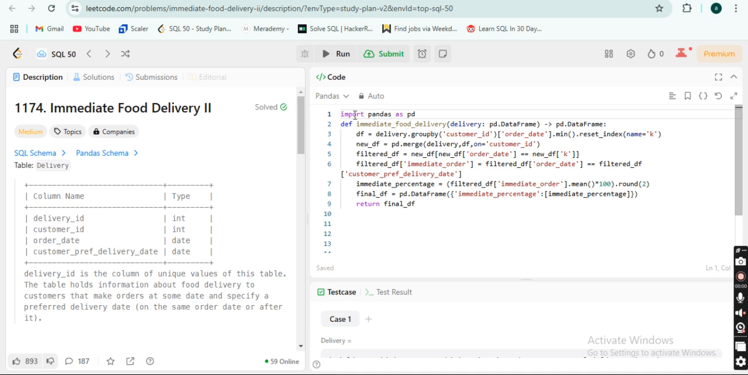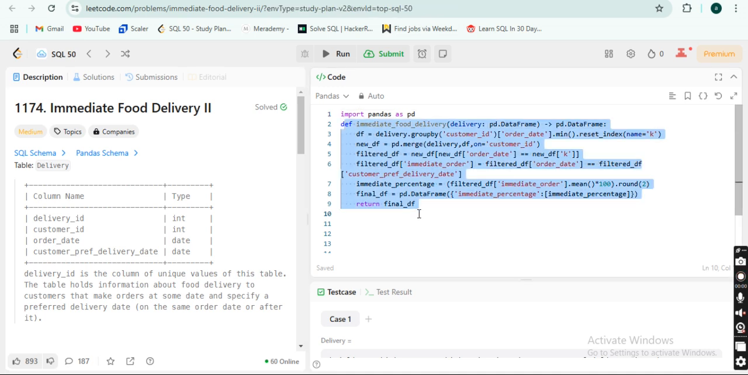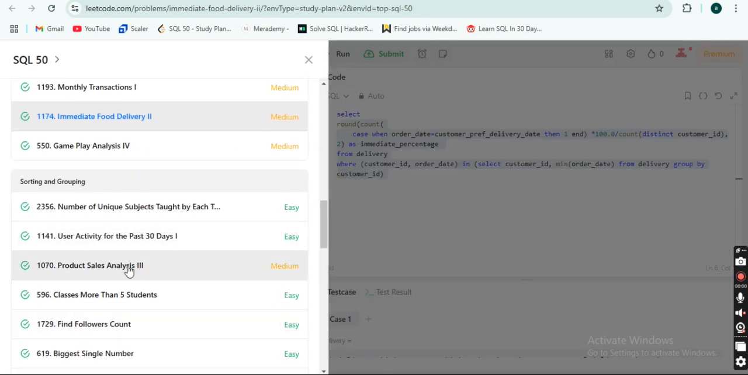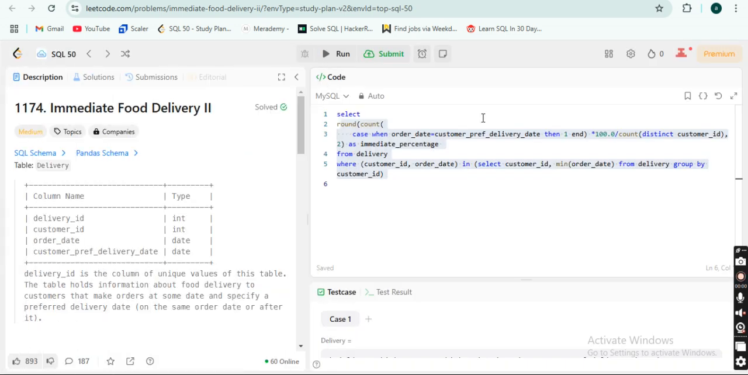I am just showing you a glimpse of how the code looks in the immediate food delivery question and how it changes if you see over here in SQL. Doesn't this SQL look pretty clear and easy to understand? But we should know both, because we don't know when we have to use which one, right? Now the product sales analysis, if I go,